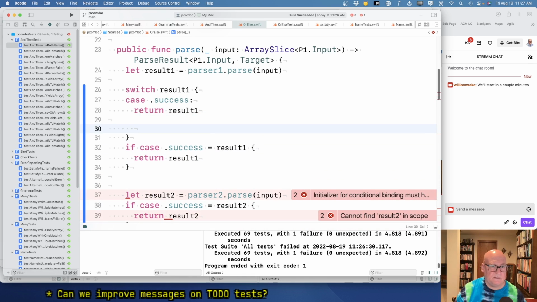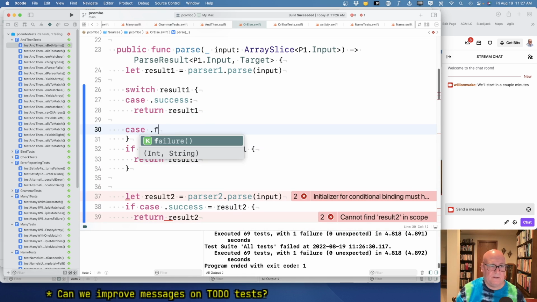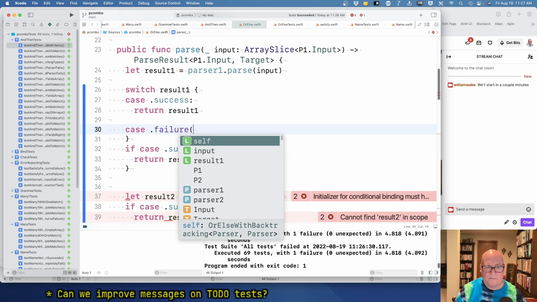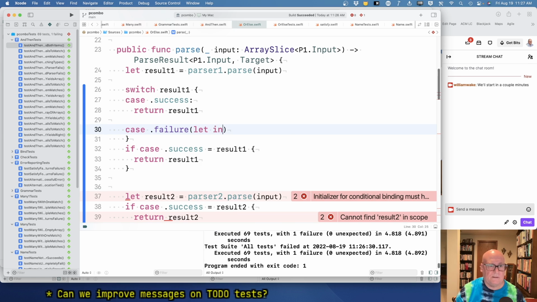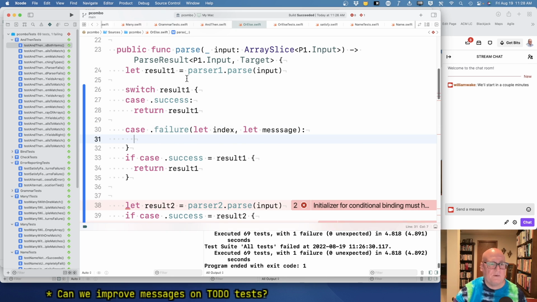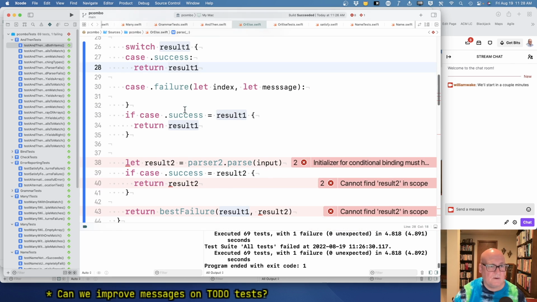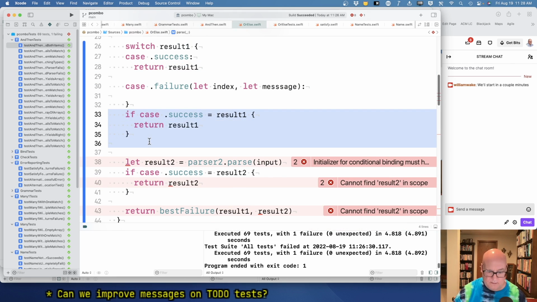Okay, if it succeeds, okay. If it fails, let index and a message. Okay. First one we don't care because we're just returning whatever it returned. The second one,